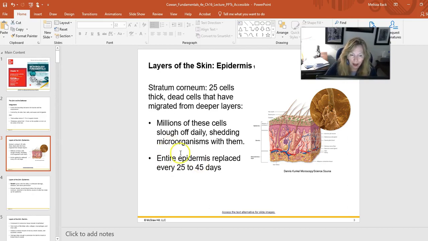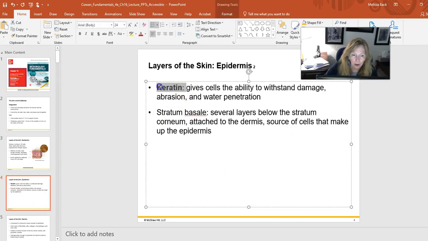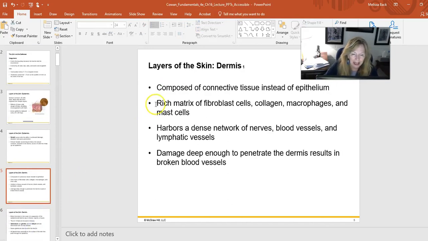Your entire epidermis, which has 5 layers in thick skin, is completely replaced within about 40 days, typically. Again, the protein that is so protective for us is called keratin. It is produced by very special cells called keratinocytes,